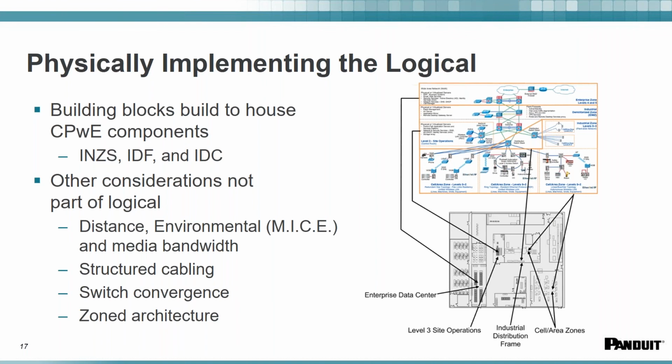And this is when we need to really worry about what's called structured cabling. Because if you want to connect point A to point B, and point B happens to be 200 meters away, would you string one wire to those two points? Or would you find a methodology where you could take all the network that's going from a group of point A to point B and just put one wire down? And this is where you need to really worry about the physical. Also, you need to understand what type of switch topology you need to put in, and what type of zones you have to create and separate.